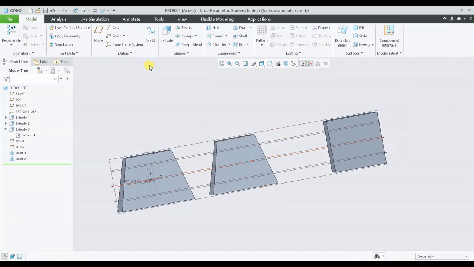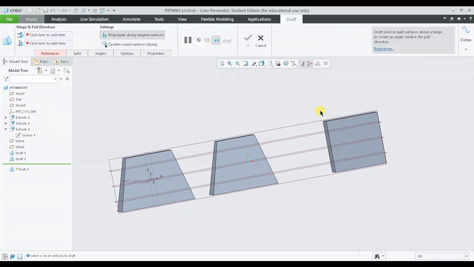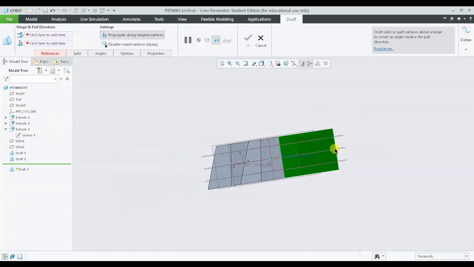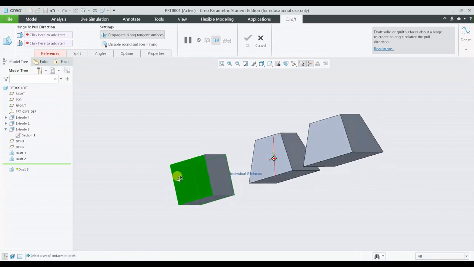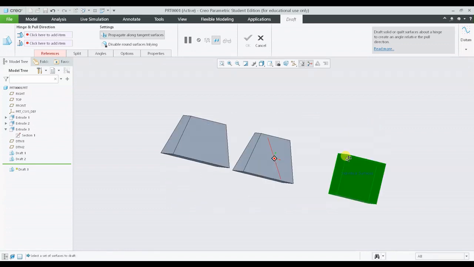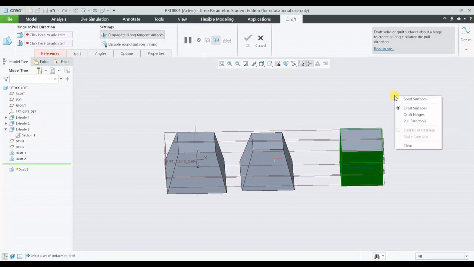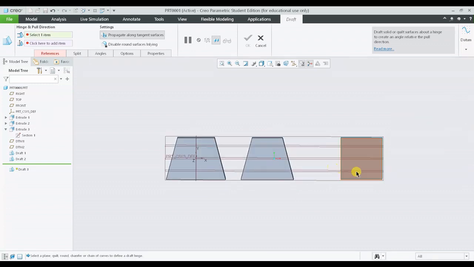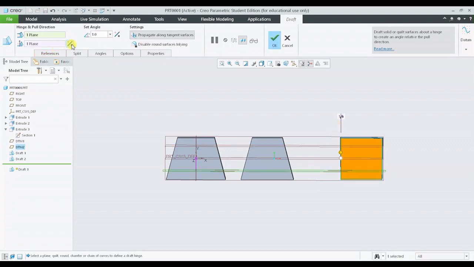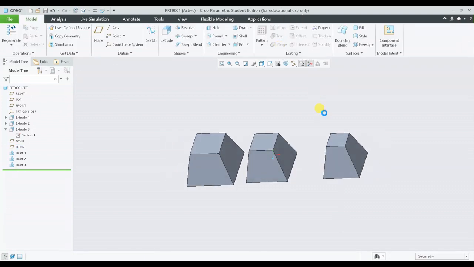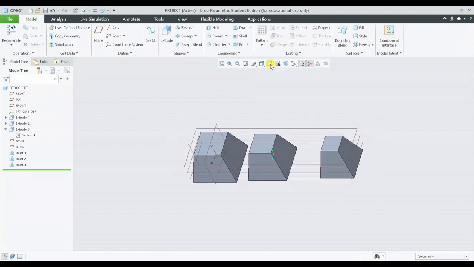Let us understand this more clearly by adding a draft feature in the third box. Done with the surfaces, hold the right click, select draft hinges, select the respective hinge, that is the bottom plane. Change the pull direction, and I want to keep a similar angle for all the features or boxes, and I'll press OK. So I believe you can see clearly in the front view